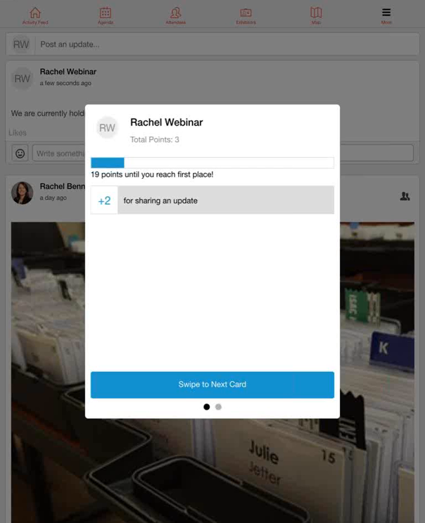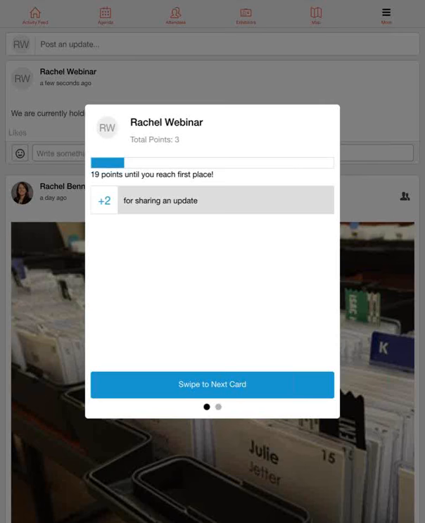So as you'll see, this little screen popped up that tells me that I got 3 points for posting that update, or 2 points for posting the update. I already had a point for something else, maybe for commenting. Each function that you do in the app as a participant will give you points. These points will be shown on what's called a leaderboard, which I'll tell you about later.